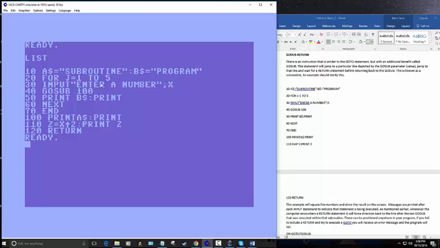So what it's doing is it's saying as soon as you enter a number, go to line 100. Okay, in line 100, we're saying print a string. We know earlier we had defined a string as subroutine. So print a string, if I just do it on the screen here, you'll see, oh,